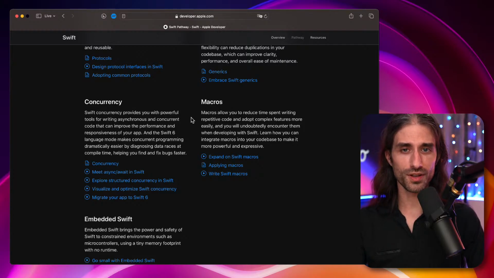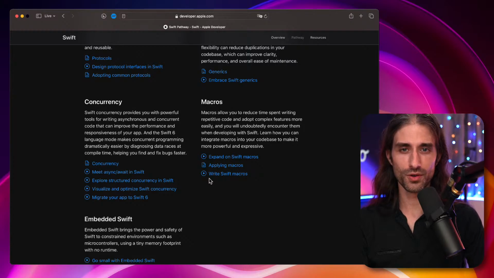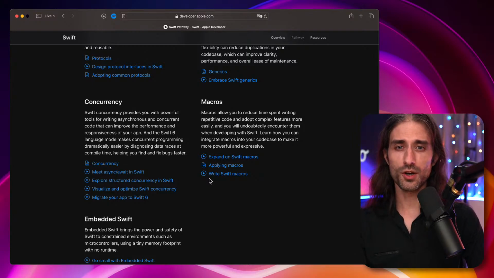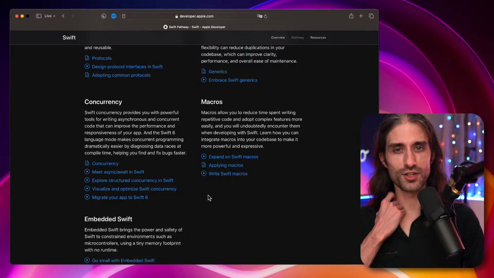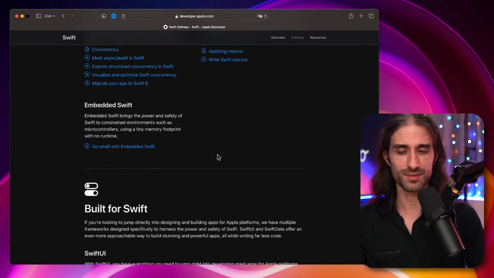Now, macros. Honestly, putting a link to the video on how to write Swift macros in a beginner's guide is quite bold, because I'm not gonna lie, I wouldn't know off the top of my head how to write a complex Swift macro. A Swift macro is a compiler plugin, so it's very tough, but knowing how to use them is good. Knowing what's under the hood is good also, but writing a Swift macro is a stretch goal if you're a beginner, but good on them to mention it here. But I would have put it in an advanced topic or with a warning, like fair warning: this is a fairly advanced topic. Don't feel ashamed if you don't fully understand it.